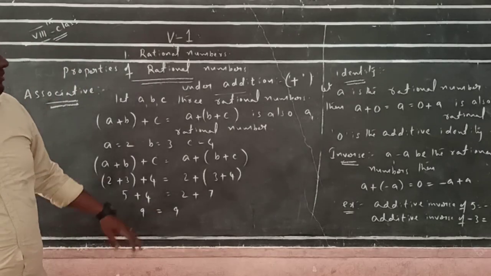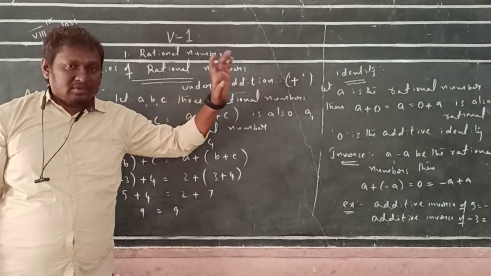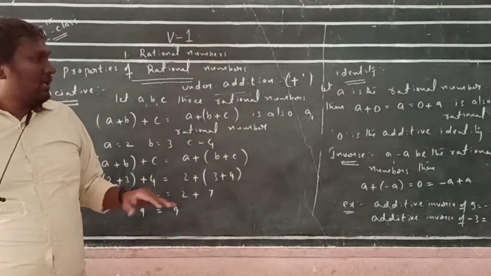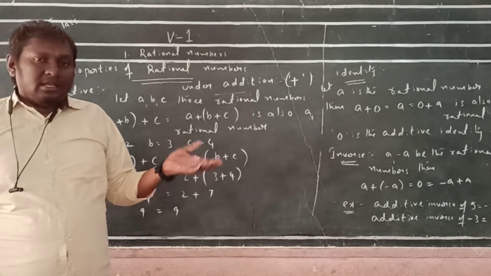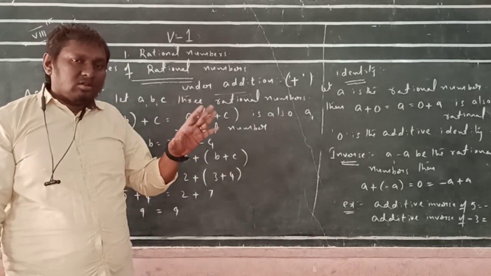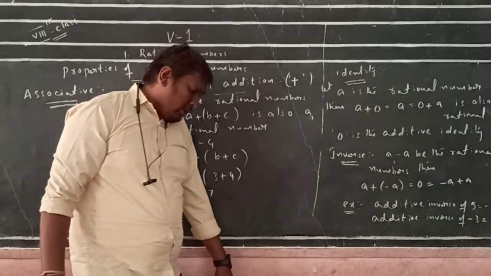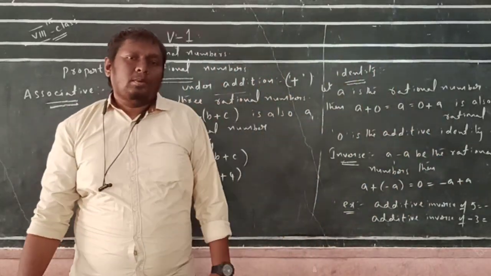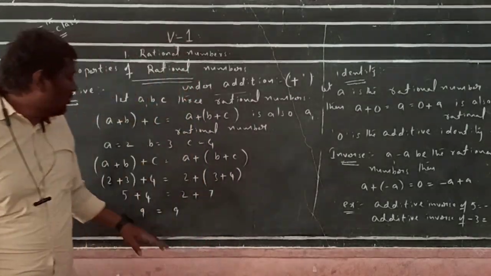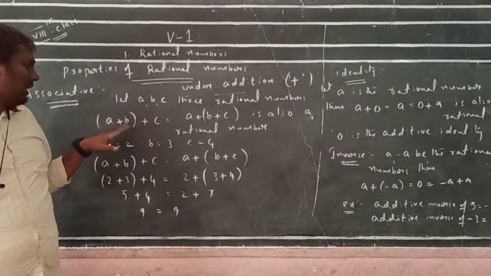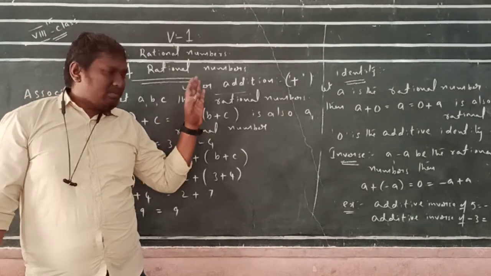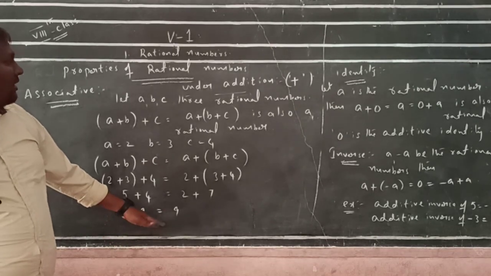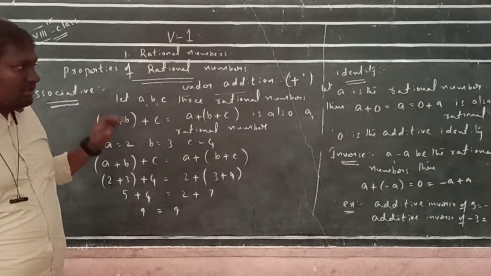These are the properties of addition. First one is the closure property: you take two variables, A and B are rational numbers, and A plus B is also a rational number. It's called closure. Next one is commutative: A plus B is equal to B plus A. Third one is associative: take three variables, (A plus B) plus C is equal to A plus (B plus C). LHS is equal to RHS, so you satisfy the associative condition.